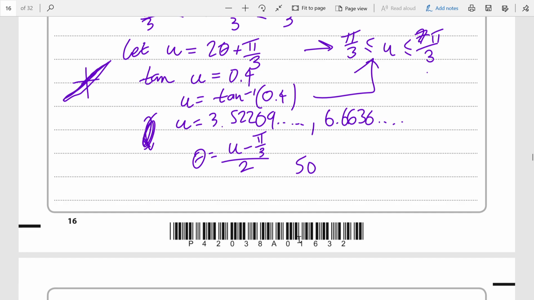So applying this to both sides will get us, in this case, minus pi over 3, then divided by 2. This will get us, for our first answer,